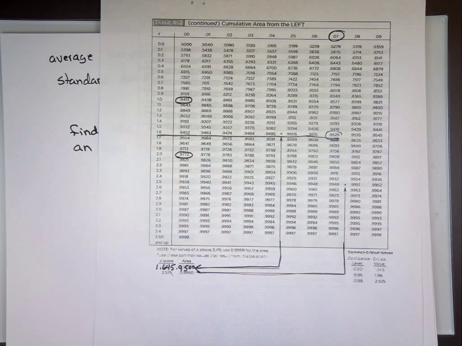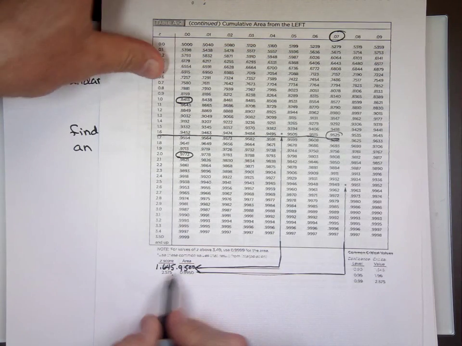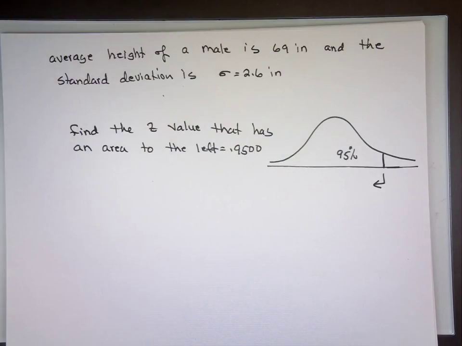Gotcha. So the z value will have to be 1.645. Say, for instance, in our class, say a class B